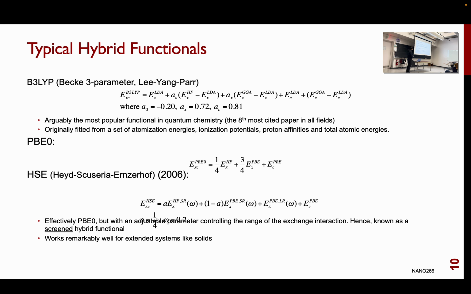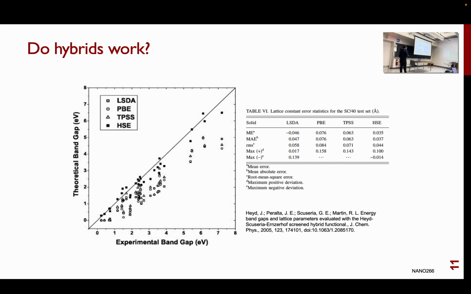So nowadays, it's rare that you will try to use the PBE0 functional. Quite often, you will actually go with the HSE functional, okay? All right, just to show you whether hybrids work, okay, so one of the main reasons you want to go to hybrids is essentially to correct for that underestimation of the band gap by your semi-local functionals like LDA and GGA. And you'll see that here the HSE functional is this black square over here,